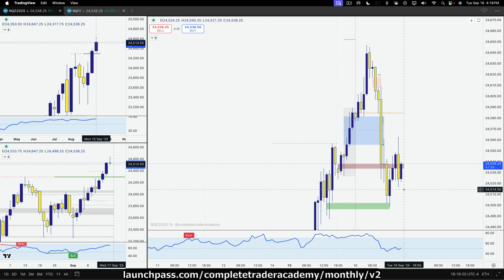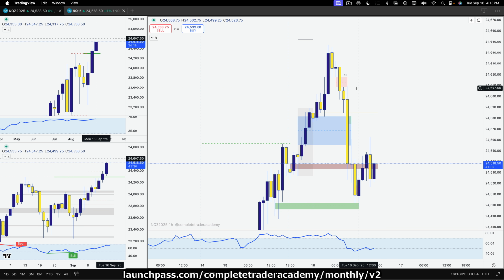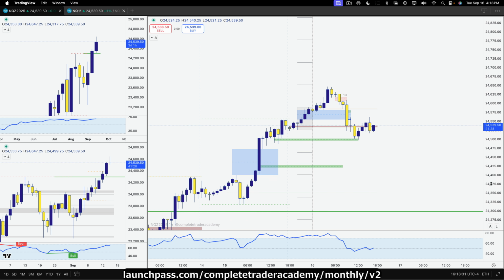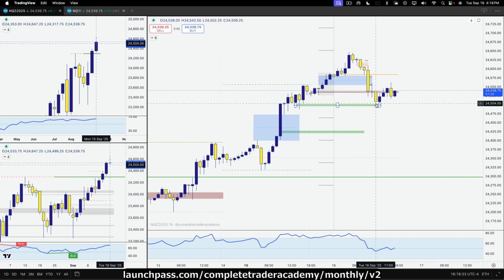I've already mentioned this. So that 1 hour. See how we tag in there? See that? We just did that here. So right now you're going to ask yourself, is this a reversal or is it a retracement? Well, we don't know in this scenario. But notice how the price did not take out this down candle's low.